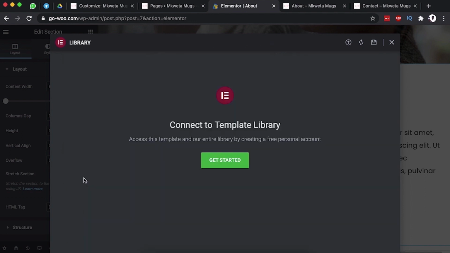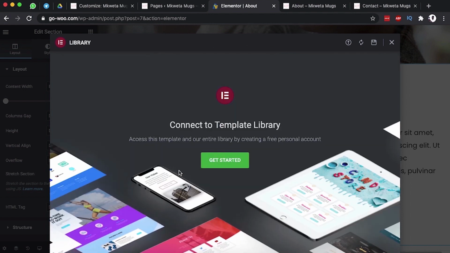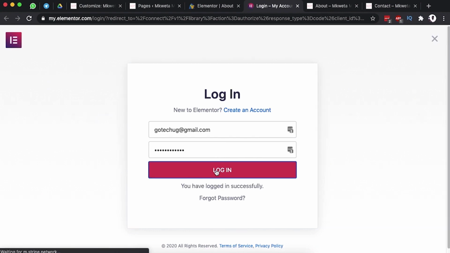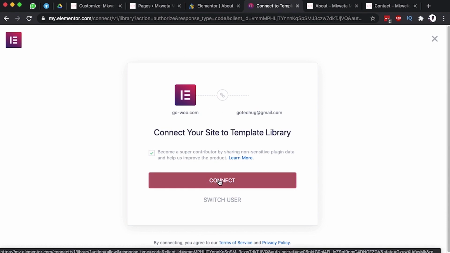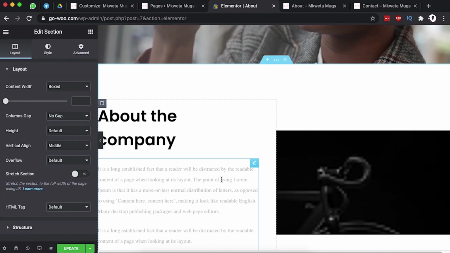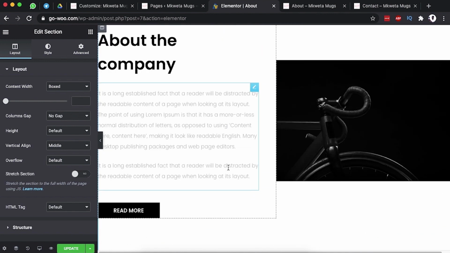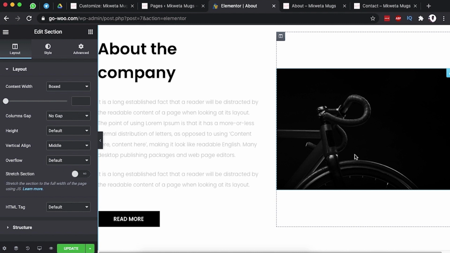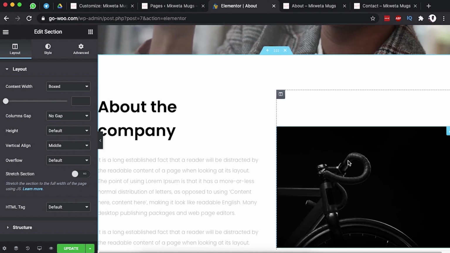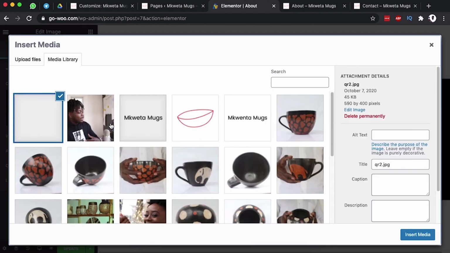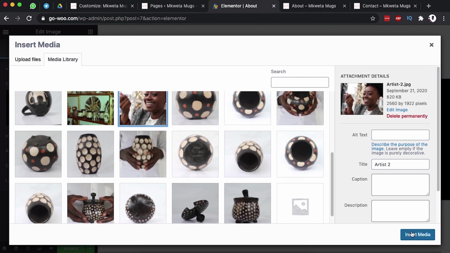Let me save this over here. I'll connect my website to Elementor so that I can access the template library. Okay, cool. So it looks like now I have what I need. First thing I'm going to do, I may make some changes over here. I'm going to switch up this image, and I bring up the image of my artist. So the artist is over here,